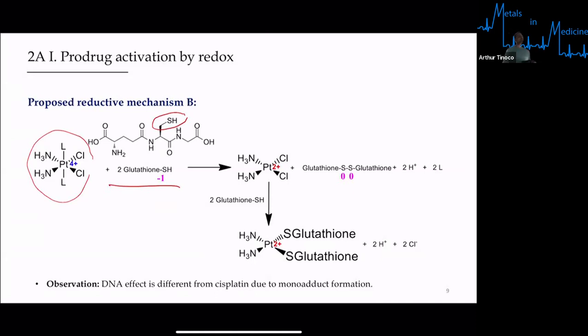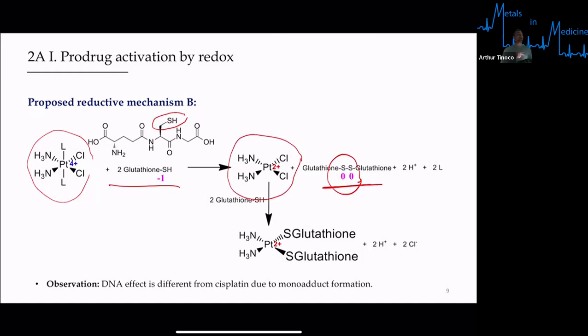And so here, the thiol group has an oxidation state of -1, but because of the actual reduction of the platinum from platinum 4 to 2, what we see is the oxidation of the glutathione. The oxidation in this case is a dimerization, where both thiol groups become an oxidation state of 0. And so that's where we have the 2 electrons coming from, and those are the 2 electrons that are reducing the platinum. But then we have an extra element here where you are generating cisplatin, but that's not the end